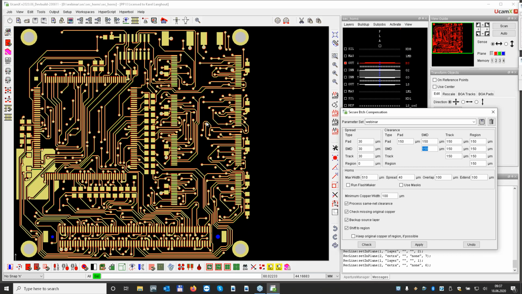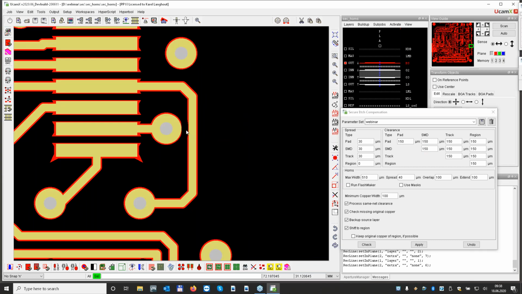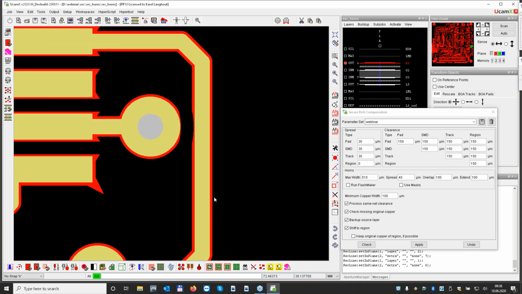What you, for example, can do, well, let's see. Here we have a little track, and you can also see that actually the clearance was not enough. So we set this without clearance, but now, for example, you want to say this track should not get any compensation. So I undo the compensation of this layer.